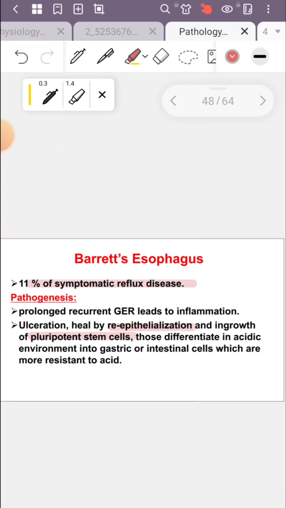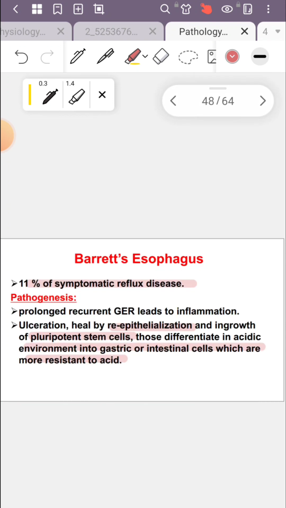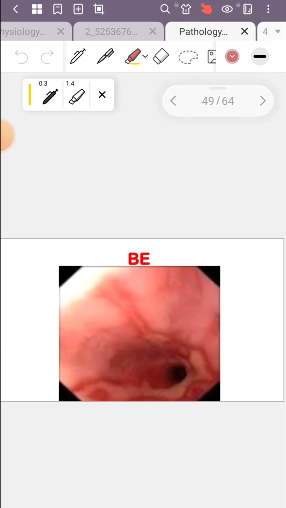That is the gastric or intestinal cells with goblet cells that are more resistant to acid secretion. يجي يبين البارت esophagus بقى هاي الهايبريميك areas